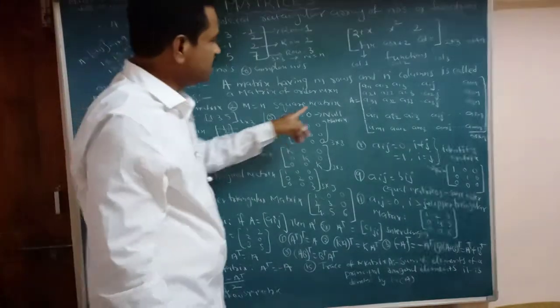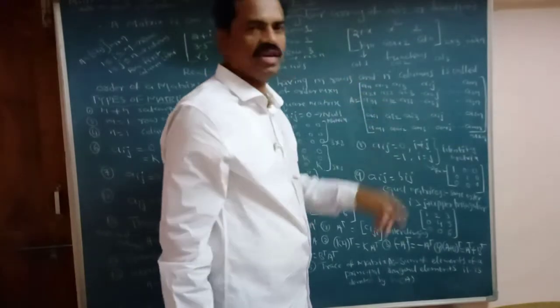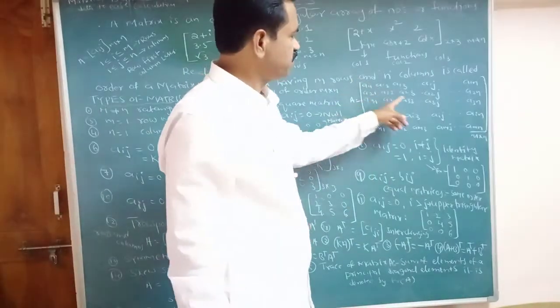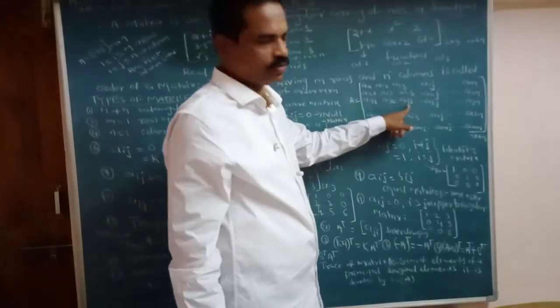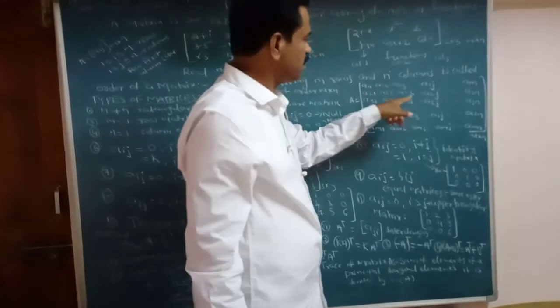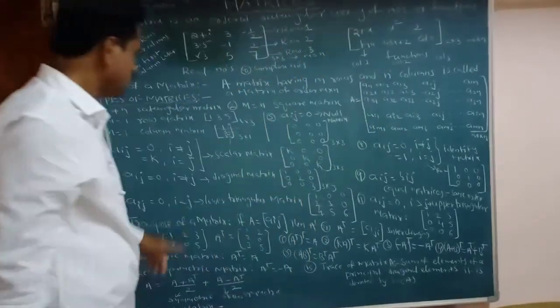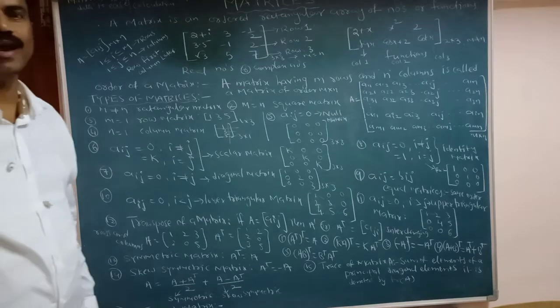So what is it here? It is a constant value. It is k, or 2, or 3, or any value. It is a constant, it is fixed. If it is 2, you write 2 along the diagonal. If it is k, you write k. Other than these diagonal elements, the remaining are all 0, then it is called a scalar matrix.